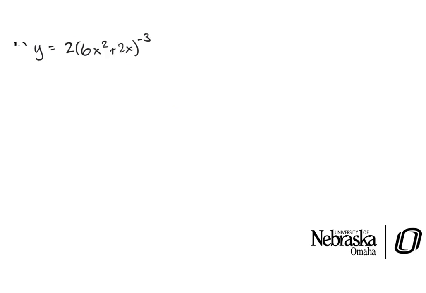Okay. One more example, part H. We again proceed just as before. So the outer function is that negative 3 exponent. So we're going to multiply it out front, get negative 6, and then decrease our exponent by 1. So negative 3 minus 1 is negative 4. And then we multiply by the derivative of the inner function, what's inside the parentheses. So that would be 12x plus